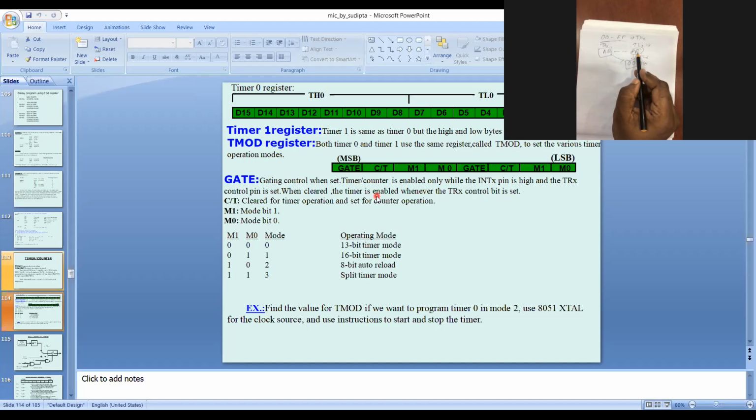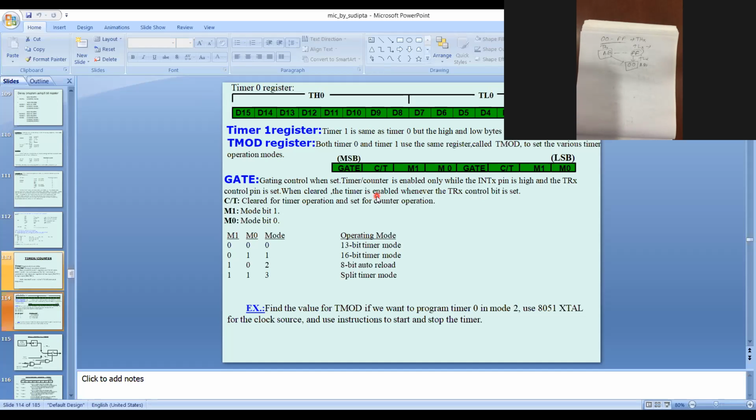Whenever it completes FF and would become 0, 0, the value of THX is again stored into TLX. So it will not be 0, 0; it will start again from AB. Is it clear? Always starting from the initial value, not from 0, 0. Whatever initial value you give in the first, it will do it everywhere.